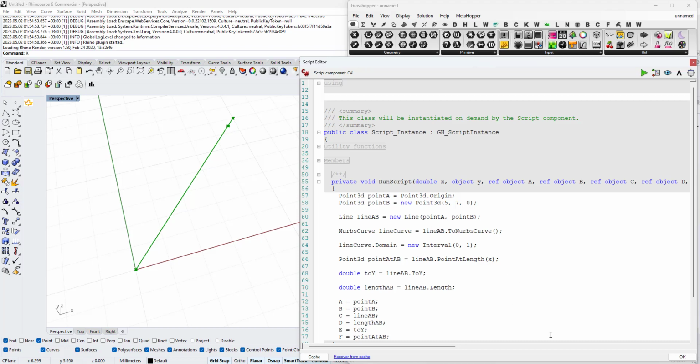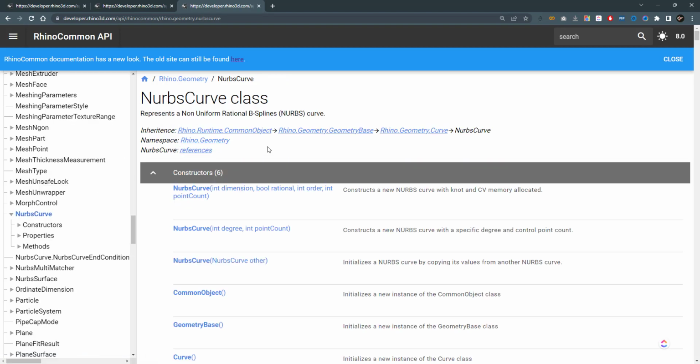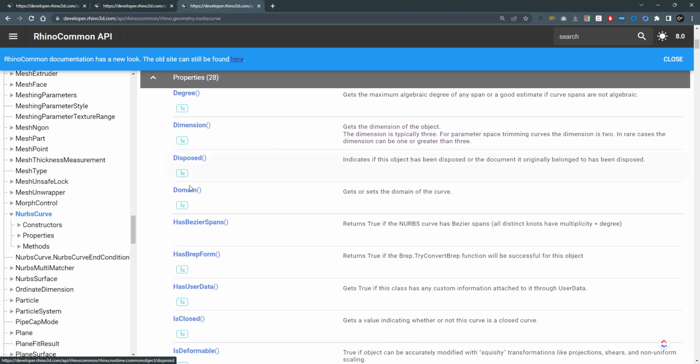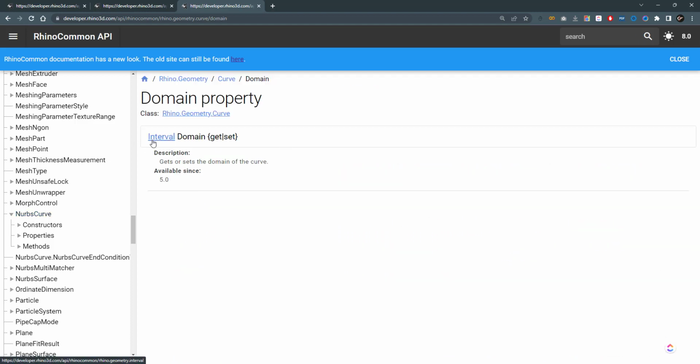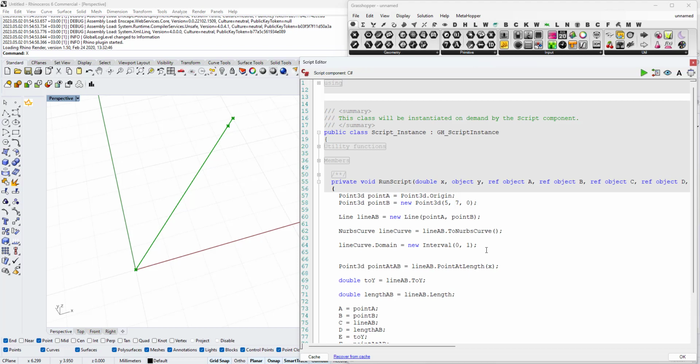Here we have changed the domain of our line curve, and to check this we need to go to the NURBS curve class and check the domain property, and we'll find that it gives us an interval. So it returns an interval as a data type. So here we maybe need to say interval line curve dot domain, or we can just do it as it is. In this case, instead of getting the point at length, we'll find the point at x,